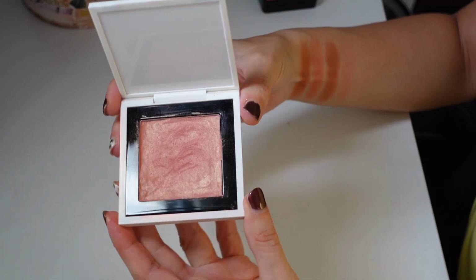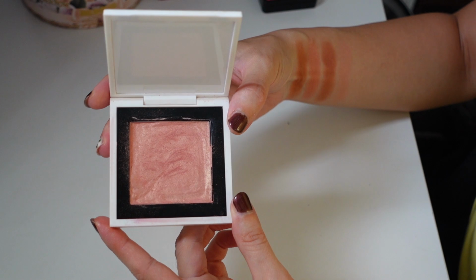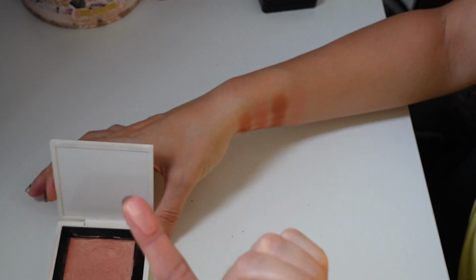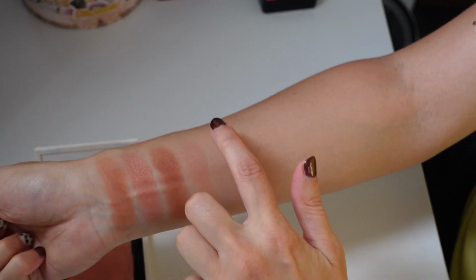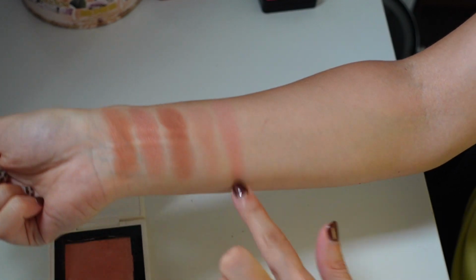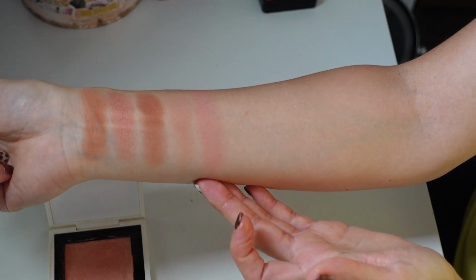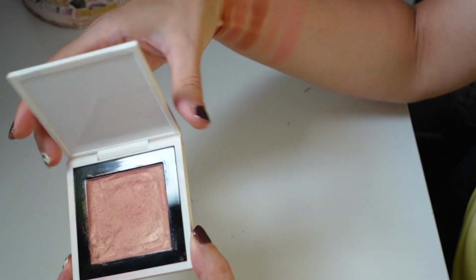So what I did is I repressed one of the Makeup Geek blushes. I think this is the shade Romance, which as you can tell is very similar to the one from Nabla. But I think this one is just slightly peachier in tone. Well, actually they're pretty similar to each other. It's basically your classic peachy pink, but I actually like the formula of this a little bit better because this